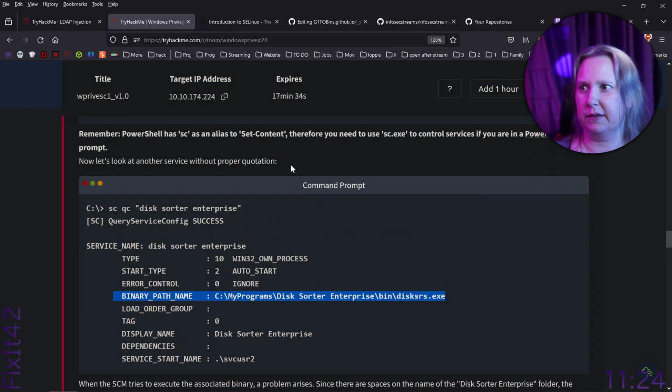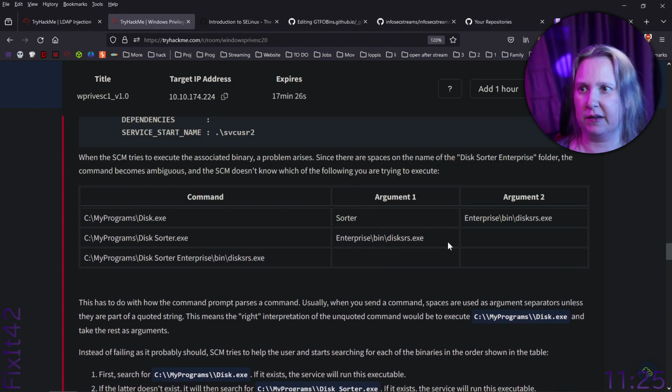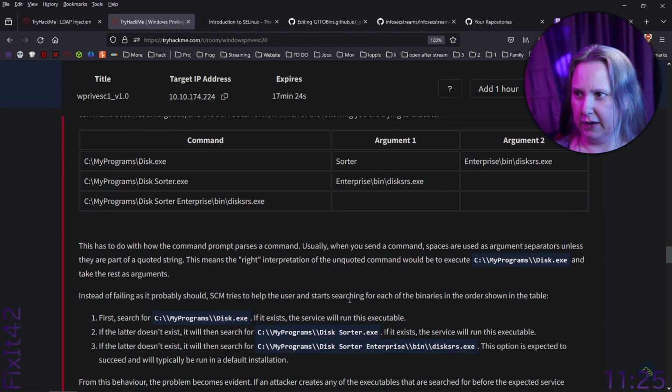I guess this is why they used given parameters here, though they could have said arguments to be the same in that case. They didn't think about it probably. This has to do with how the command prompt parses a command. Usually when you send a command, spaces are used as argument separators, unless they are part of a quoted string. This means the right interpretation is the unquoted word will be to execute C:\My Programs\disk.exe and take the rest as arguments. Instead of failing as it probably should,